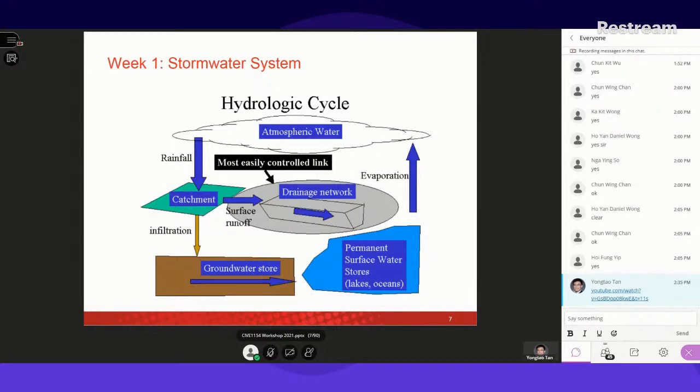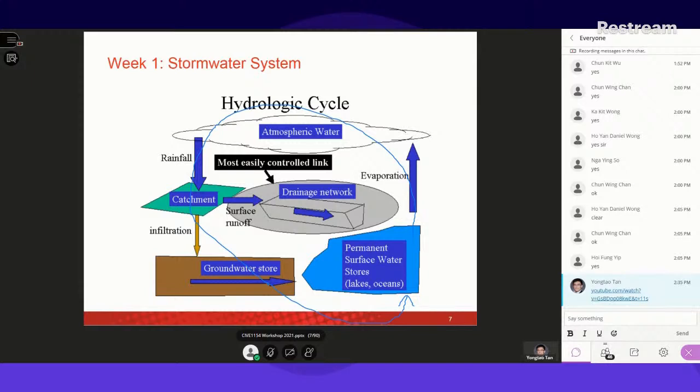This figure is showing the hydrologic cycle. You can see this is a cycle, and this cycle is repeated. That means we can have